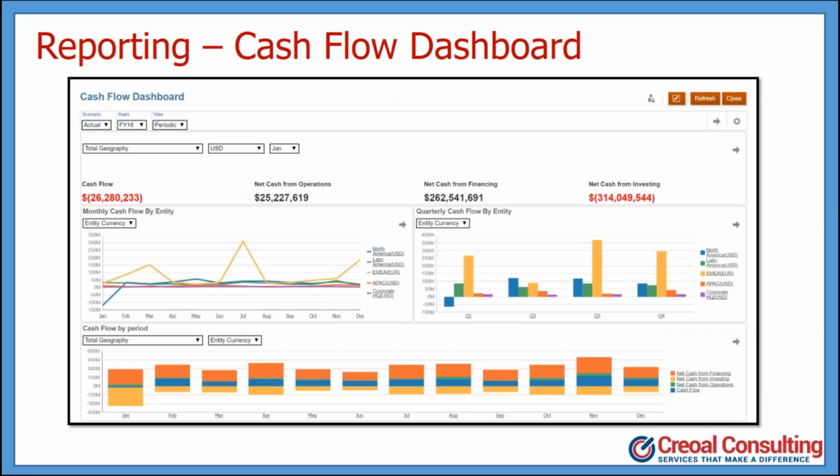In the next dashboard that we have, we're looking at the organization's cash flow position. Of course, what's very important to all organizations is the current health of the company's cash reserves. Are the company's cash flow positions improving? Are there instances where we need to look at specific reasons for why the company's cash positions are either negative or positive? This dashboard will provide instant insight into your company's cash flow situation, so that at any given time you have an understanding of where you're at.